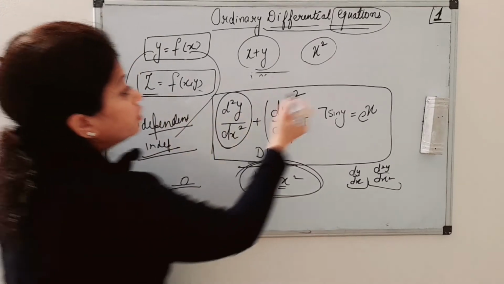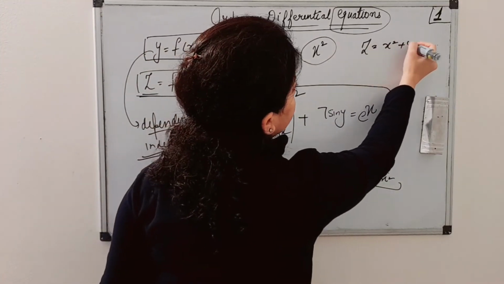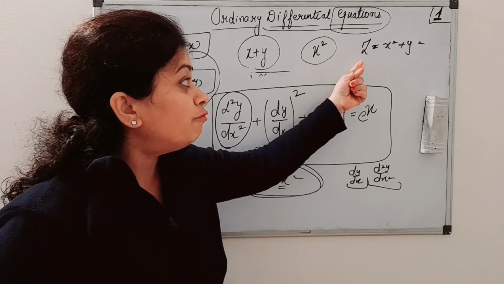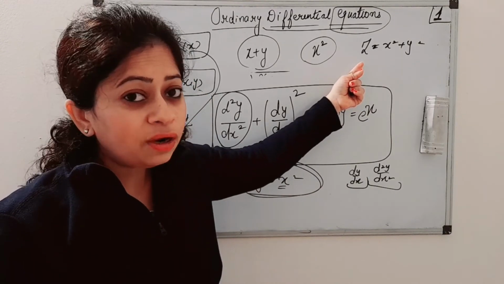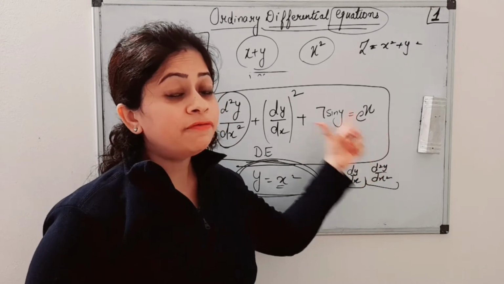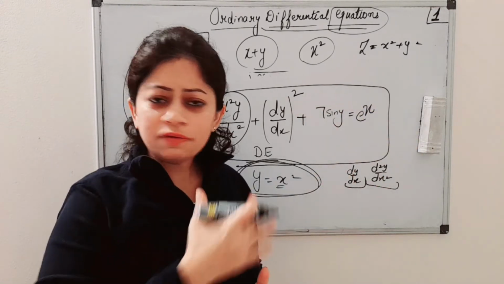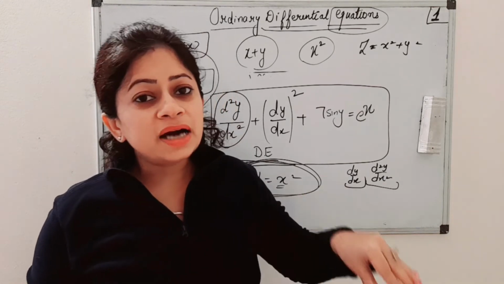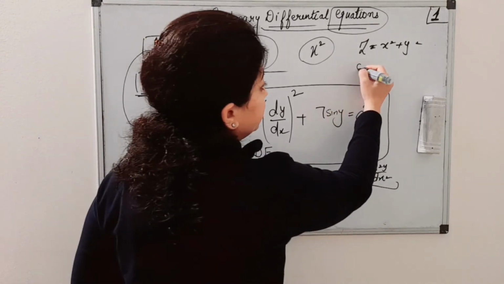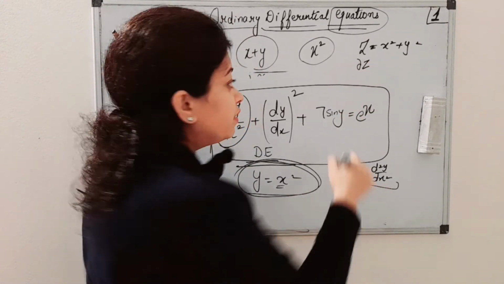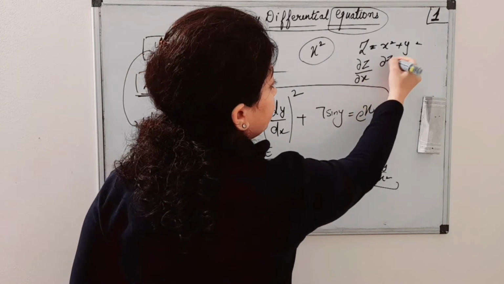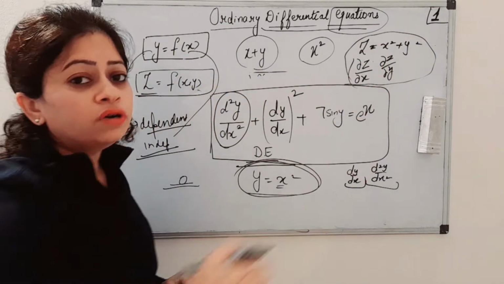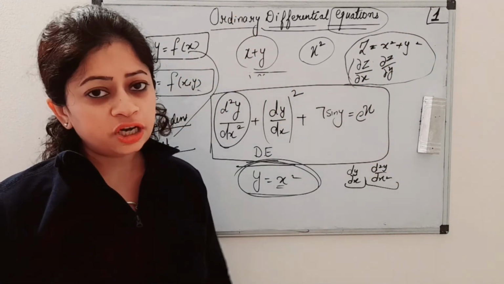But in case we have a function which depends on two variables, suppose z is equal to x square plus y square, then z is dependent on two variables. If we need to find the derivative, we cannot do it like this, because where we have more than one quantity, we have partiality. Therefore we call it a partial differential equation, and when we differentiate it, we will not write dz by dx. We will write curly z by curly x, curly z by curly y, or we say del z by del x. But in this series we are not studying this.